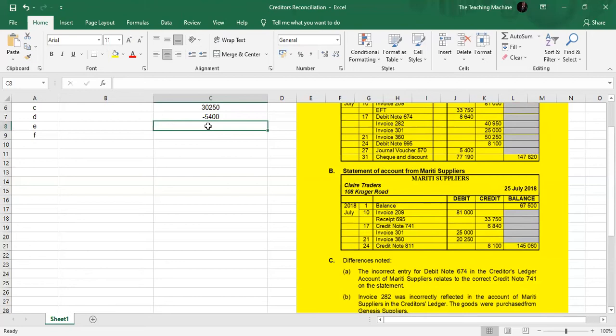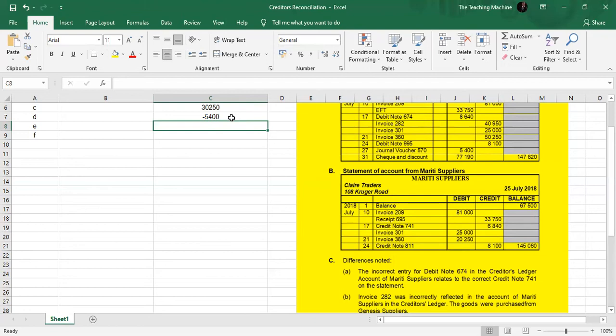So if they say offset against, it means that whatever amount that you are owing will be deducted by that amount that your supplier took goods for. So they took goods for 5,400. So now this 5,400 should be deducted. As you can see here on the 27th, it was deducted, but no entry was made here. So that's why we are making an entry on